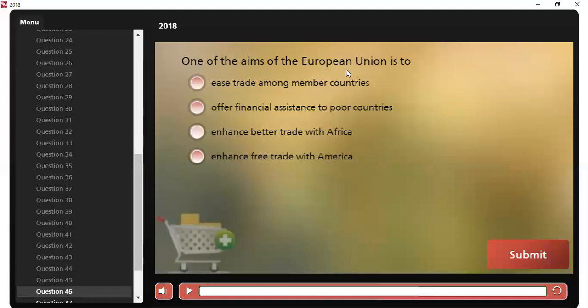One of the aims of the European Union is to ease trade among member countries. Of course, that's the right answer. That's one of the main aims of the European